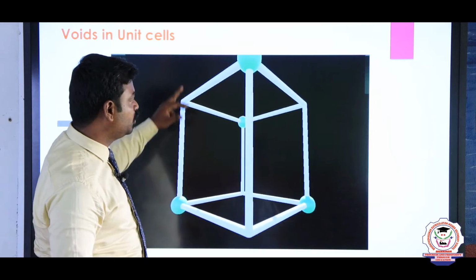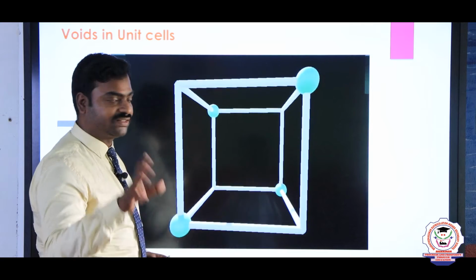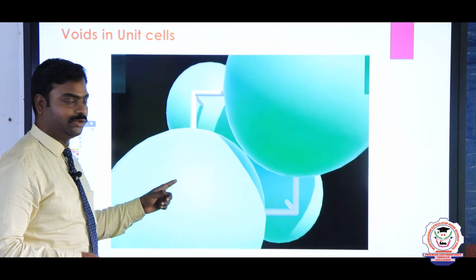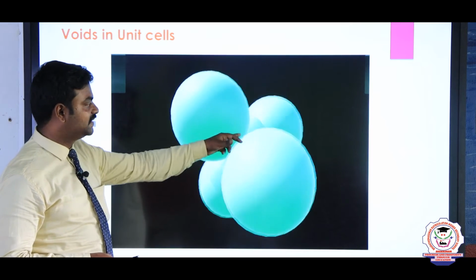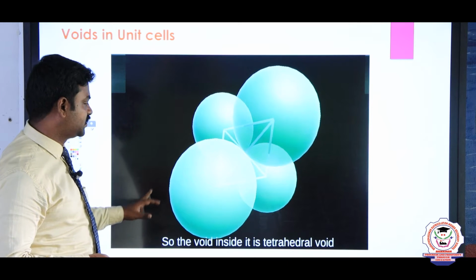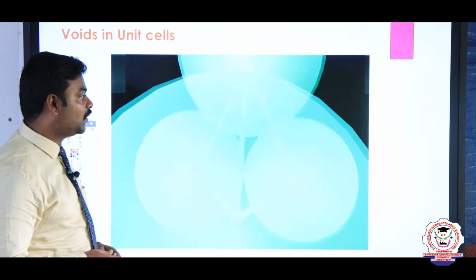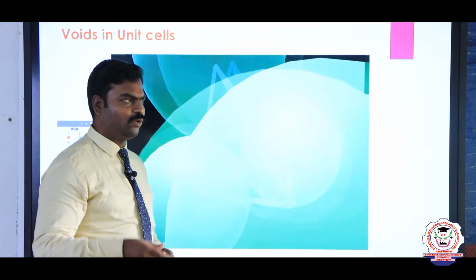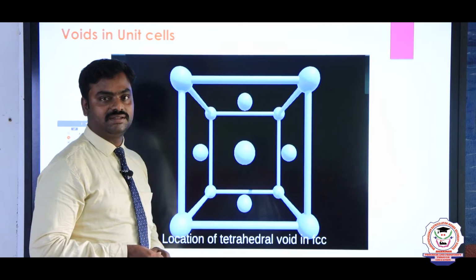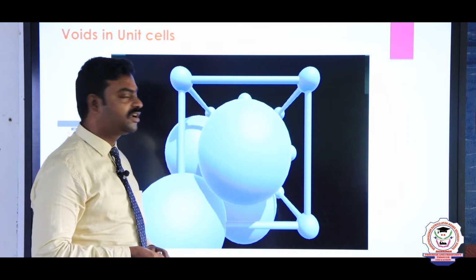In a simple cubic, if you connect the body diagonal atoms, you will get a perfect tetrahedral. So, this is a perfect tetrahedral in a simple cubic system. Here also you can see the void. Next, the void is very big. See, most of the time the void is occupied by a cation. Why cation? If you compare the size of anion and a cation, the cationic size is always very small. That is why most of the time the voids are occupied by cations.